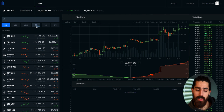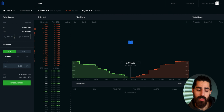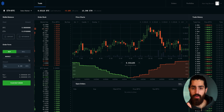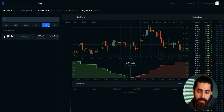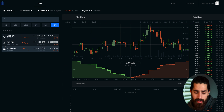What that means is that if I click on BTC, these are the cryptos, the altcoins basically, which is everything other than Bitcoin compared to Bitcoin. If I click on ETH BTC, this one is trading from Ethereum to Bitcoin. If you don't want to go from Ethereum to US dollars, you can go from Ethereum to Bitcoin, or you can go from Ethereum to DAI, for example. Or if you want to go from Link to Ethereum,